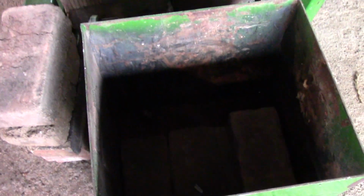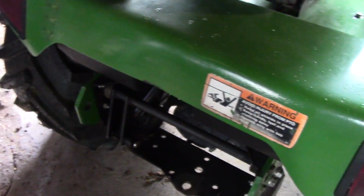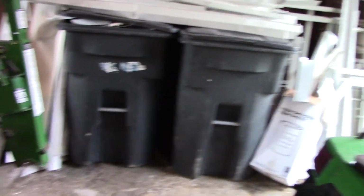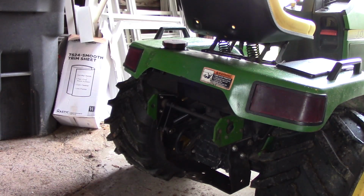There's still some bricks in there. I don't know if you can see them, just barely. But all you have to do is clip it in to here, and then there's a bolt that goes down in the hitch, and that's all that holds it. So I'm going to try to get that on here without taking those other bricks out. So here we go. It's not too bad of a process, but